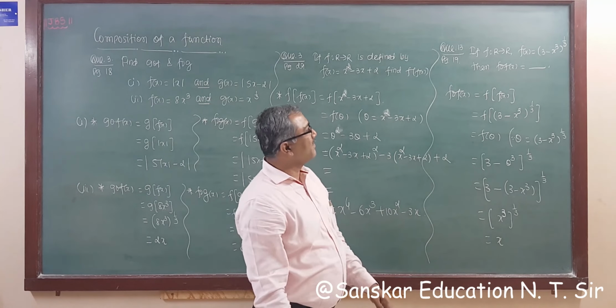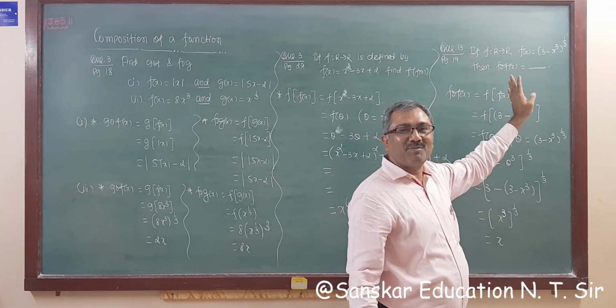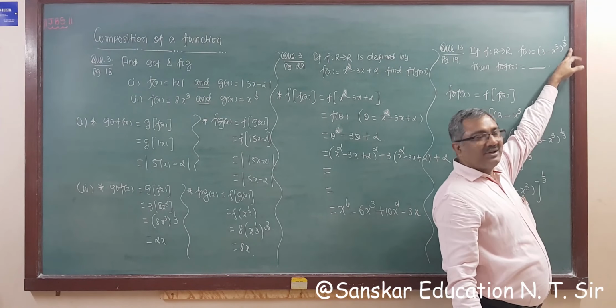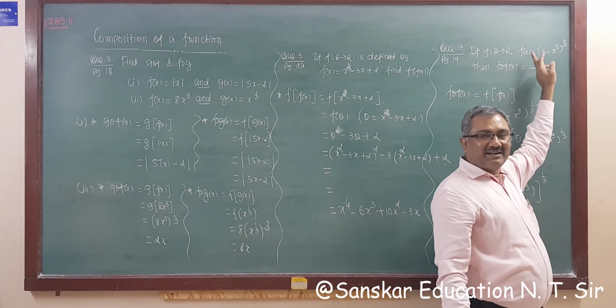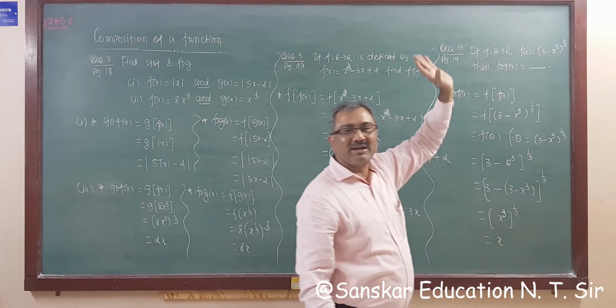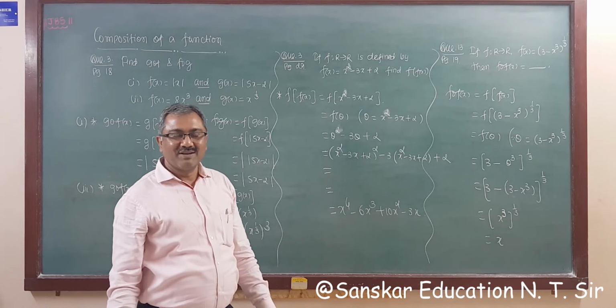Sometimes they give n, sometimes they give 5, but you have to remember the x power, right? The power goes. So 3 minus, then you need x cube and 1 upon 3. In general, given (n minus x raised to n) whole bracket raised to 1 upon n is required, right? So I hope you understand.